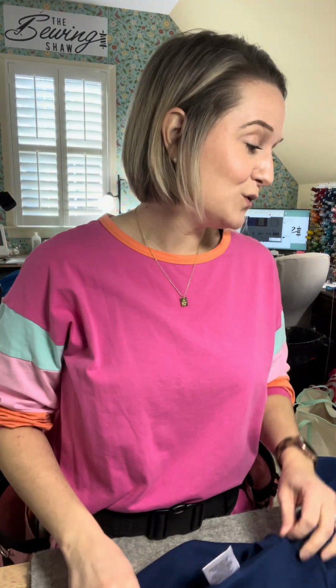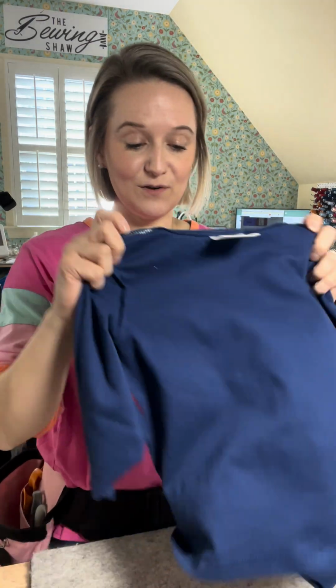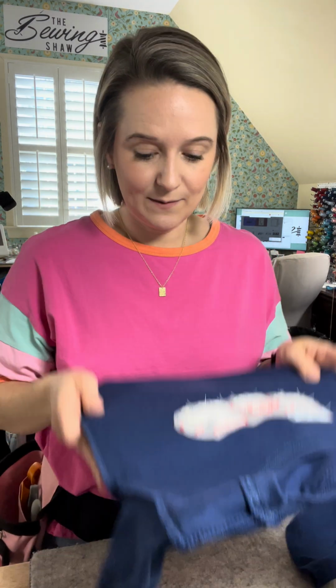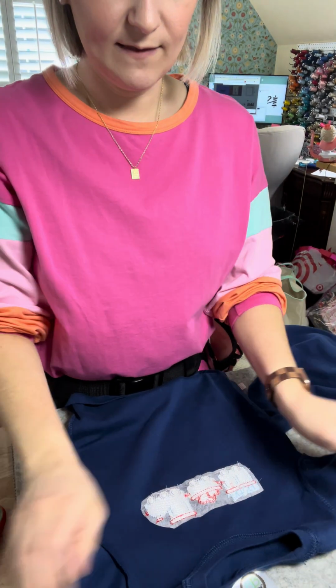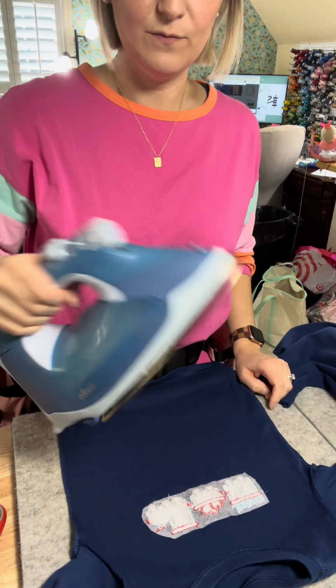I will say that piece of fusible no-show that I used was a bit aggressive for this small design. So you can certainly cut smaller pieces from a big piece, especially if you know exactly how your design is gonna go, so that way you can waste less. Now that it's still inside out, I'm gonna turn you back down again so you can see. I am going to wake up my iron,